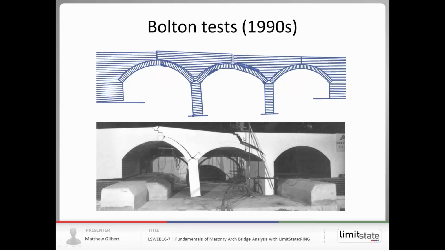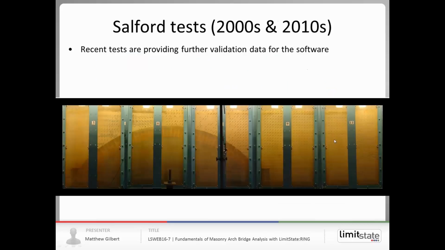Here's another bridge of similar vintage. It's a multi-span bridge. And then more recently, we've moved to more controlled tests where we've constructed a masonry arch barrel in effectively a large fish tank, and then put backfill on top of the arch, and because we have transparent windows, we can actually watch how the soil fill material and the arch barrel interact with each other, and that helps us understand how the arch barrel and the soil